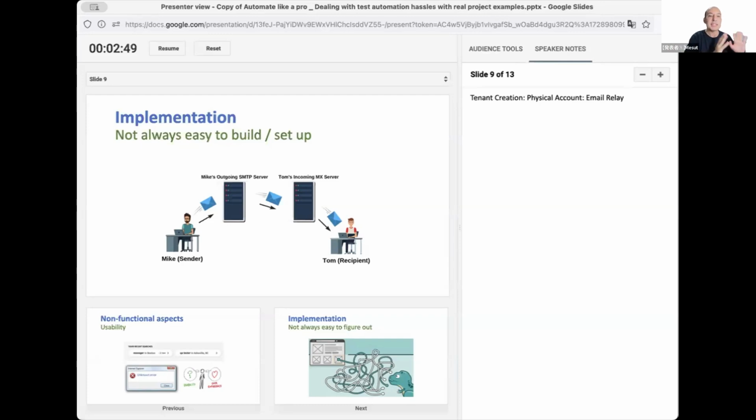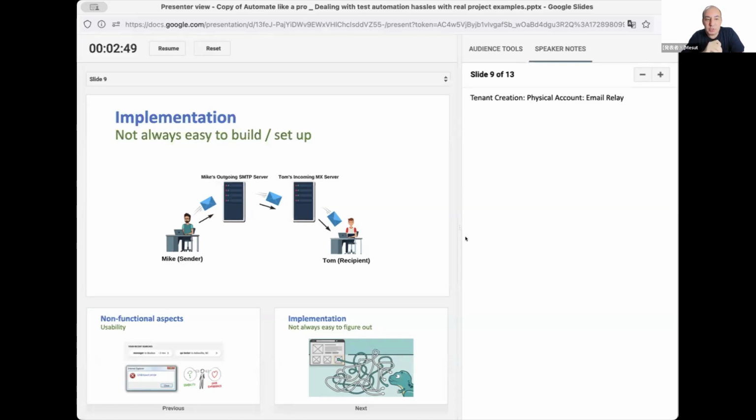Now, testing itself. So we discussed several difficulties from different perspectives. And now, how about the testing itself? Sometimes testing itself is also very difficult. Let me give you some examples. I'm giving this talk with some real life examples. For example, on this slide,